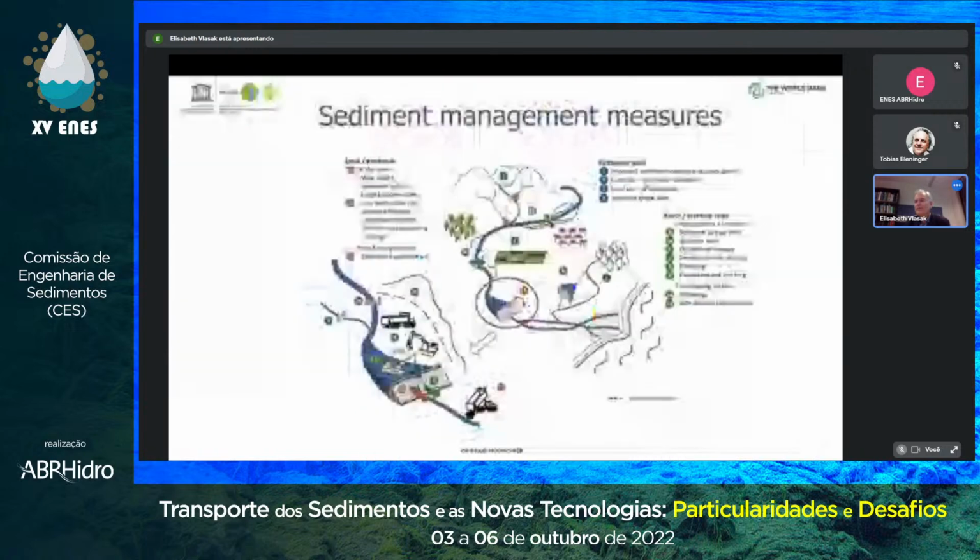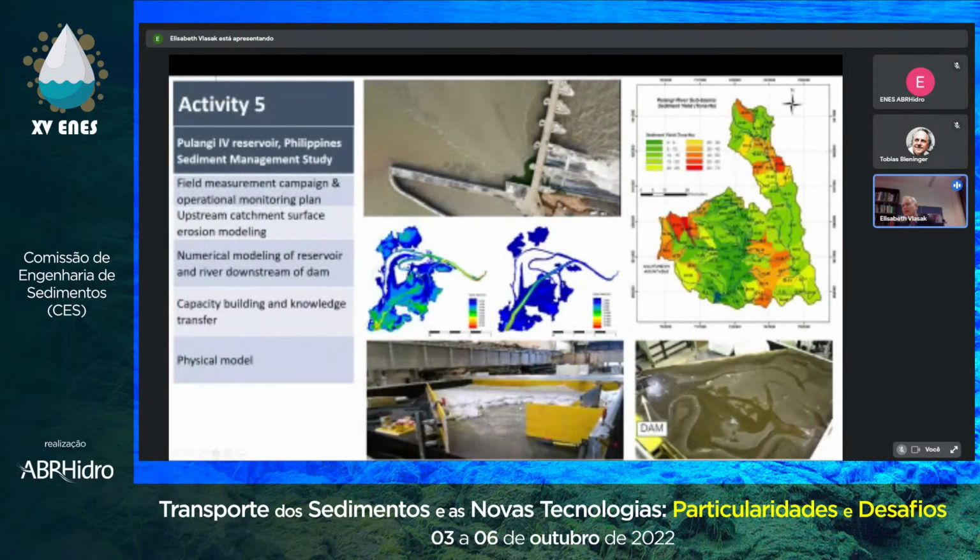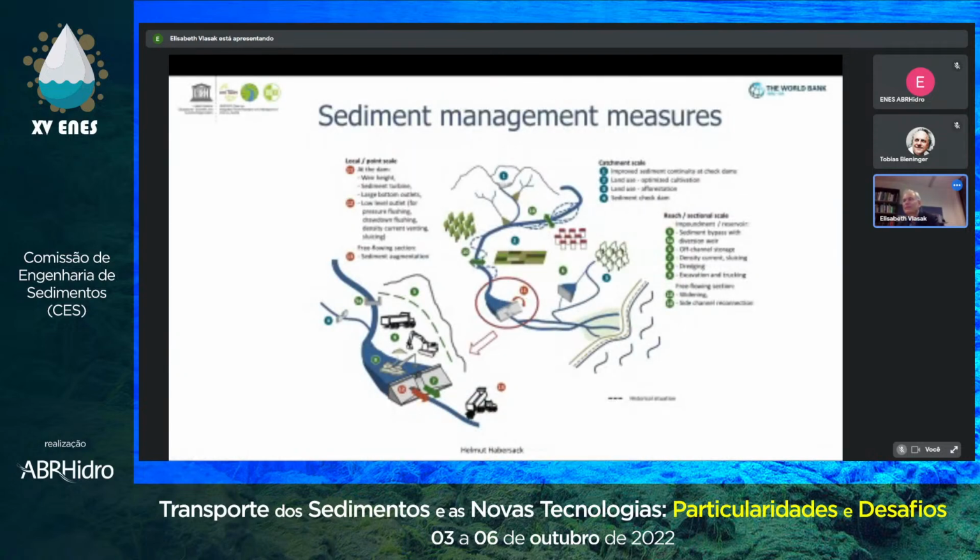And then at the end, we also built a scale model in order to see how concrete measures would work. The outcome was a certain flushing channel, which reduced the sedimentation. You can see this flushing channel here. You would have to dredge this, and when you operate it in a wise way, you can reduce the sedimentation significantly. You don't have to dredge everywhere, you just have to keep this channel open. But this is not a general thing. We have to really look into each reservoir to see what is the best option.